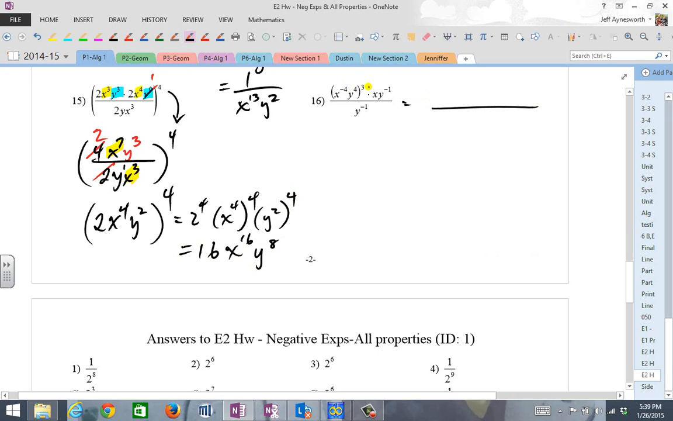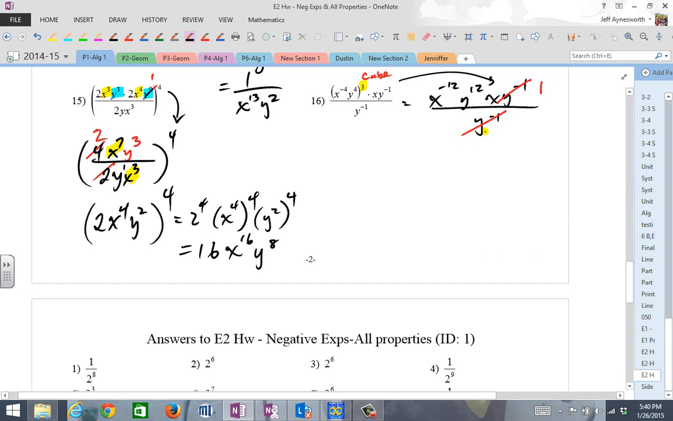Last one. We got to cube everything here first. So here, look at this. You got to cube everything. So let's see, x to the negative 4 raised to the 3rd is x to the negative 12th times y to the 12th. And then you got to bring this over. You got x times y to the negative 1, all divided by y to the negative 1. Simplifying a little bit,